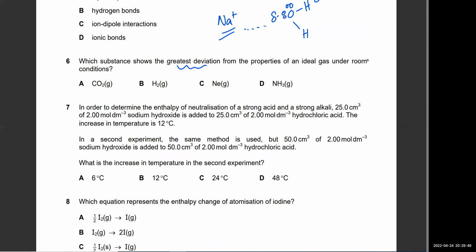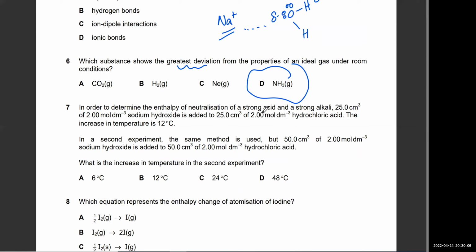So which one has the highest? That's going to be ammonia, because ammonia has hydrogen bonding. In order to determine the enthalpy change of neutralization of a strong acid and strong alkali, this much